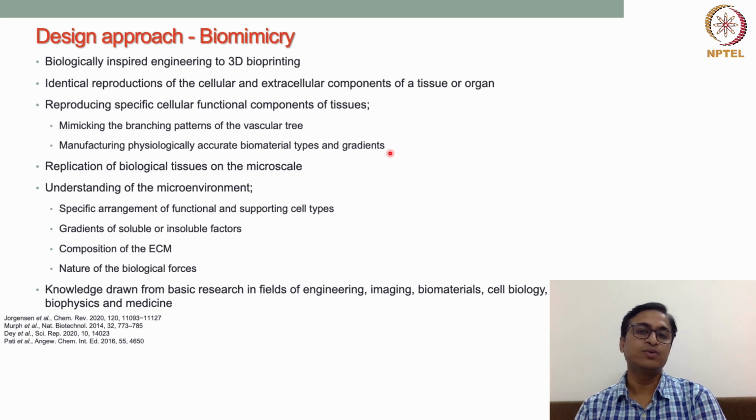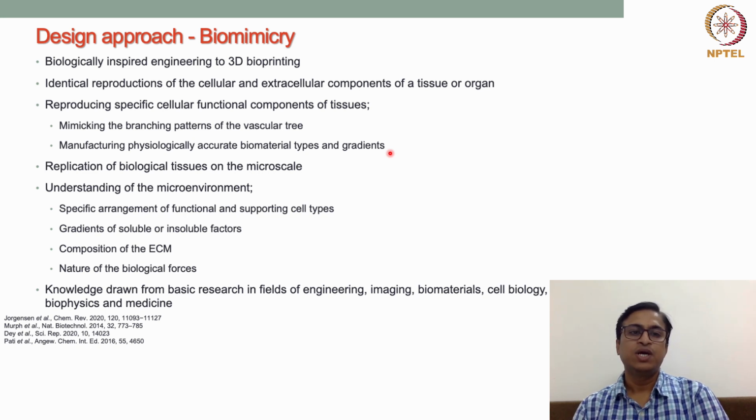By doing that, we reproduce the structure of that particular tissue, the arrangement or alignment of the cells in certain cases, and also the organization of that tissue in space,